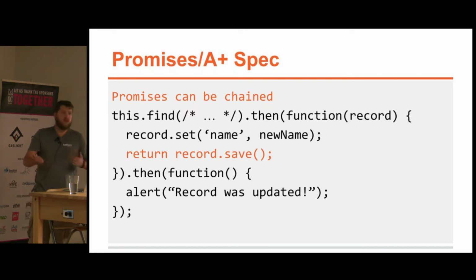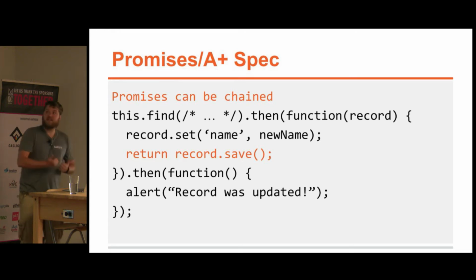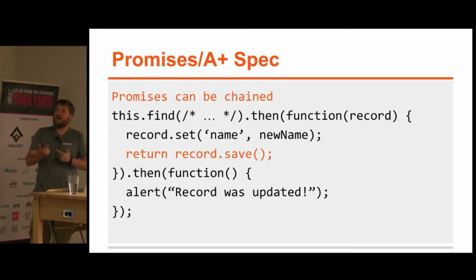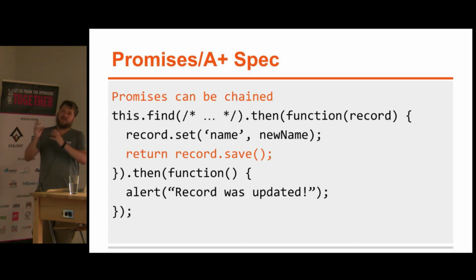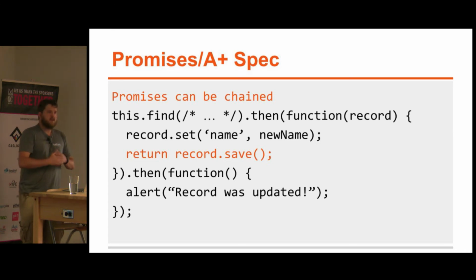So promises can be chained. This is really the beauty of promises. This was very much like the first slide or the second slide where I got really excited. Once you figure out how all this works, this is really powerful because I'm finding something from the store or from wherever, and I'm getting the value, and I'm setting a new value on it. I'm saving it again, and then the second then really represents maybe a consumer down the line that doesn't necessarily know how I saved it or what I did. He just knows that some asynchronous action has successfully completed.